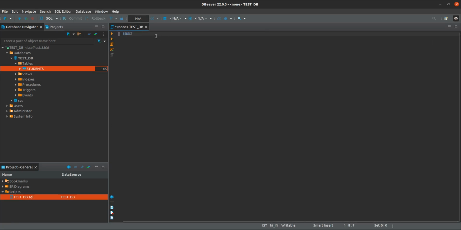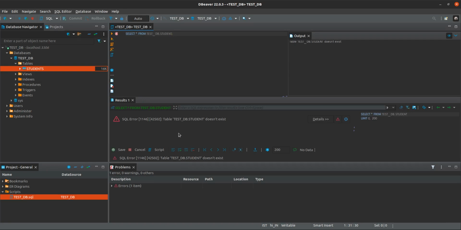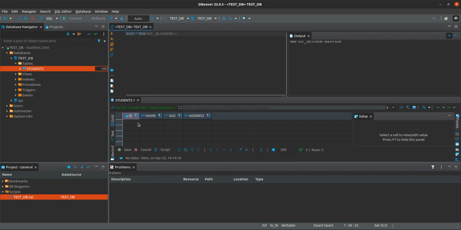Now if you want to execute any statement, select star from testdb.student and just run this query. So what happens, the table is students, select star from students, not student. Yes, so run this one. Yes, so currently there is no data,